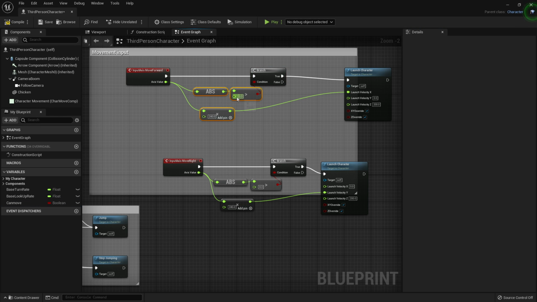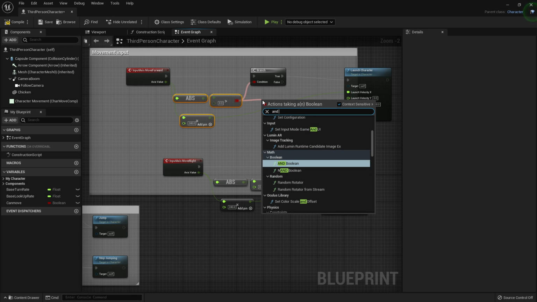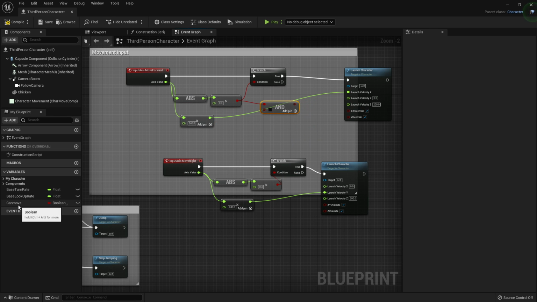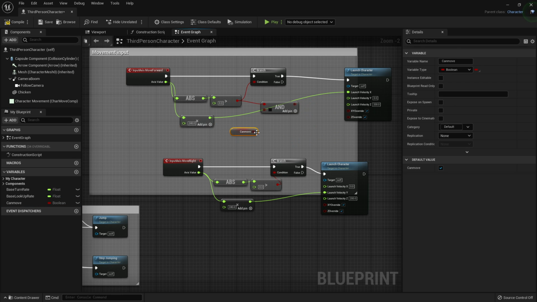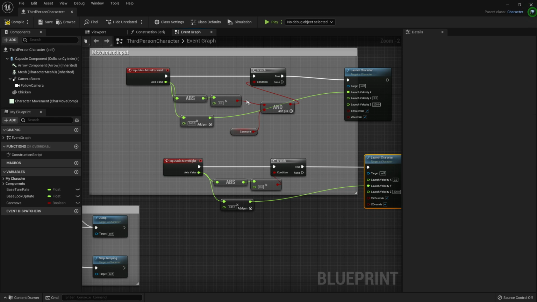So I'm just going to move this back a bit, and off the boolean I'm going to drag off here and look for and boolean, and we'll drag in our can move variable and plug this in here, add this into here, and we'll do the exact same for our movement right. So I'll just copy this,